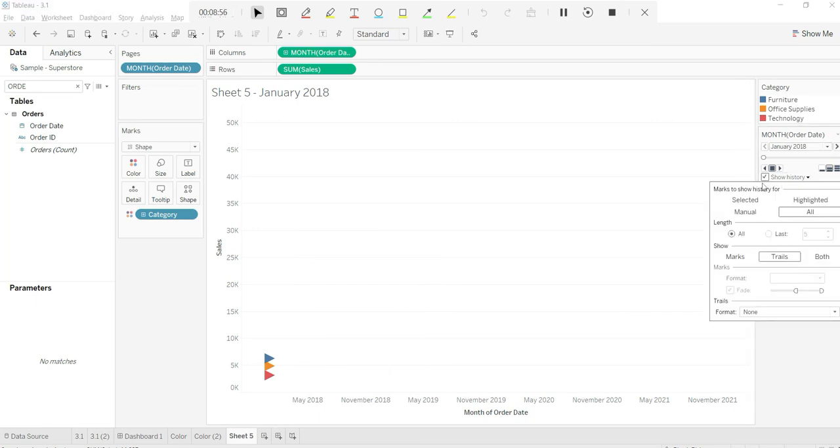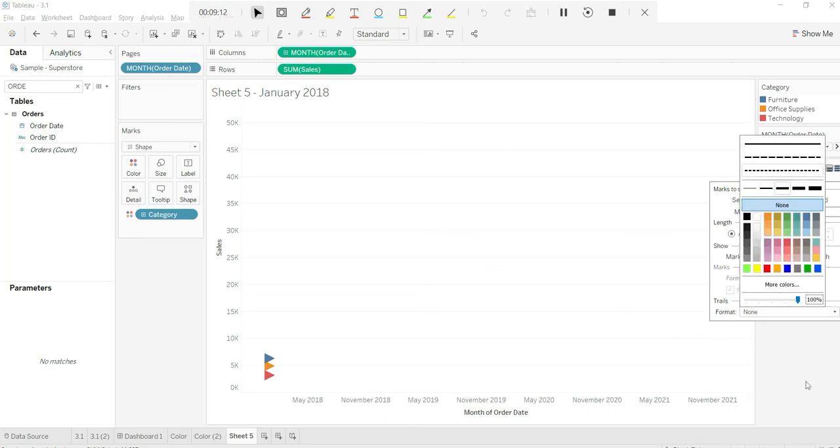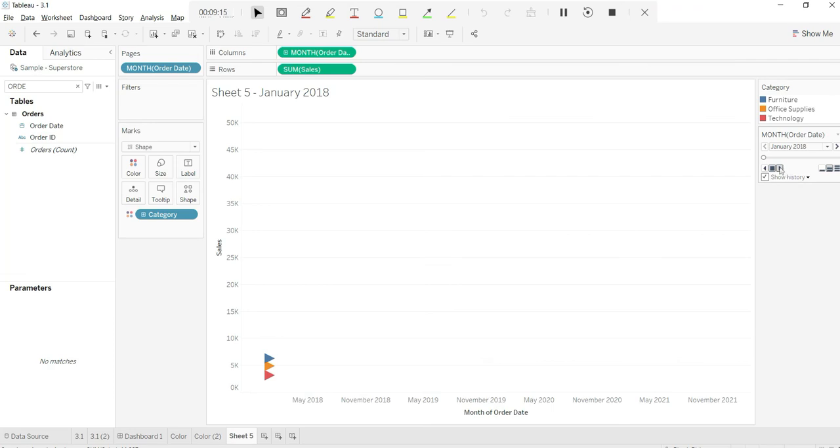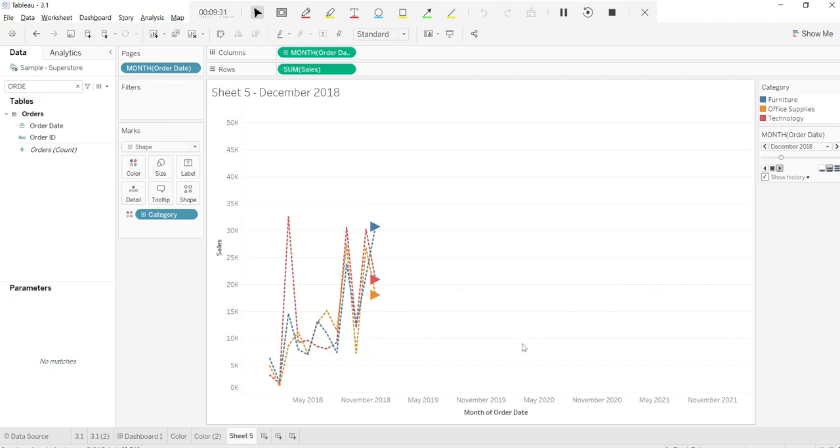The only thing that you need to take care of is if you want to have those trails, it should be enabled, right? And I want to show marks, all the marks over there, and length all. I'm showing both trails for sure, and format. It's okay. Maybe I'll go with the dotted line. Now you see the show over there, and you will like it. You can see how this technology has gone up and all of a sudden it has gone down. Now there is a great way to compare the categories with respect to a measure, as I said earlier as well. So this is an example of your Viz animation.